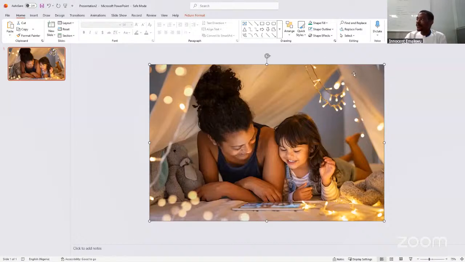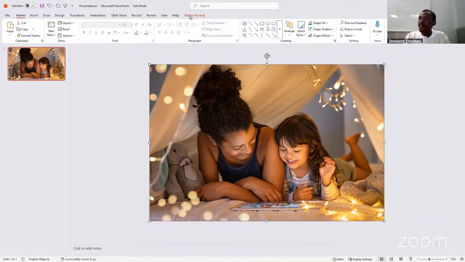I want to now crop the image. That means I want to throw some part of the image away. The part I don't want, I want to let it go. How do I do that? Once you insert an image and you click on the image, if you look at the tabs on top, you will see, I want to quickly highlight this so we can all see. So I want to zoom in a little. All right. So now that we are here,